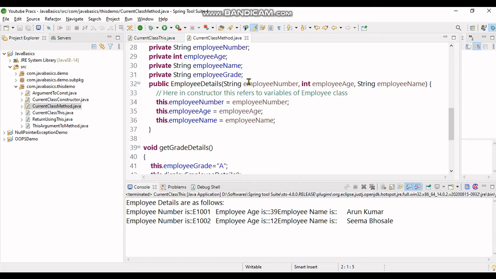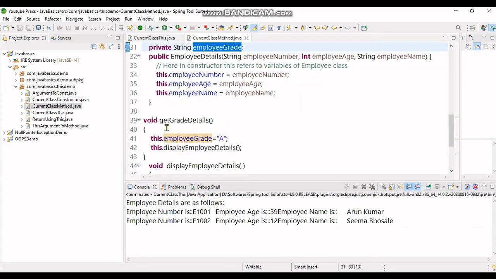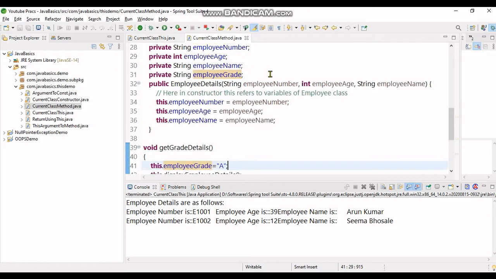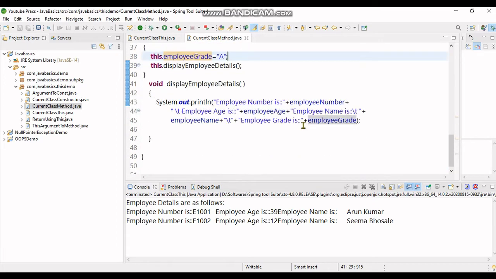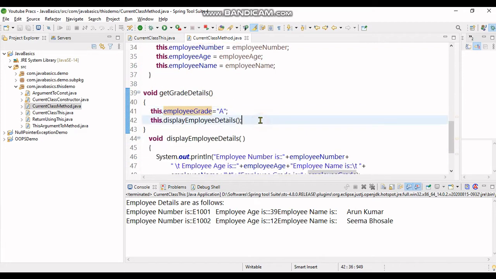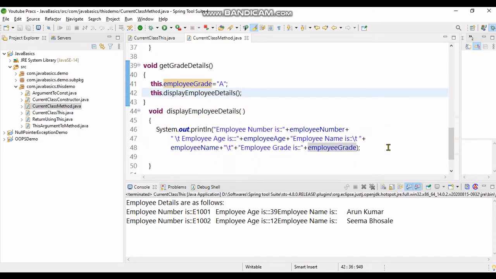And what I've done, for the grade variable, we created a method getGradeDetails, and using this.employeeGrade equal to a, I substituted the value of the employee grade declared at the class level, and also given a call to the display employee grade details method using this keyword.